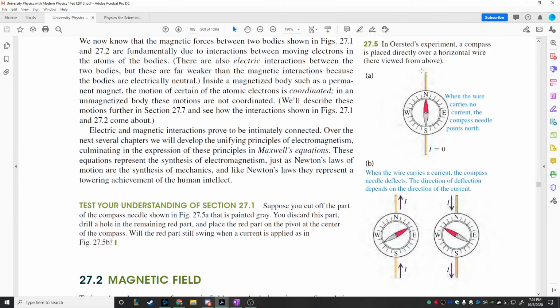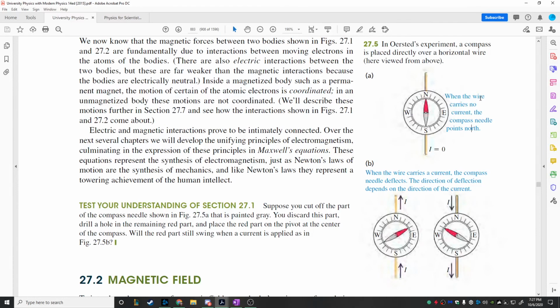So if you have a current carrying wire, like this one right here, and I place a compass needle above it, then that compass needle is going to just point north, right? When the wire carries no current, the compass needle points north. If I have current flowing in this direction, the compass needle will be deflected to the right of north, or east of north. And if I have current flowing down in this direction, the compass needle will be deflected this way. And presumably this is something that Ørsted figured out while he was giving a lecture,